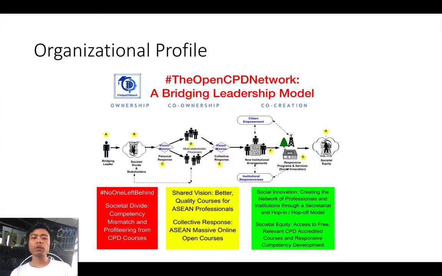leadership model. It was created as a response with regards to the societal divide, which comprises the competency mismatch and profiteering from CPD courses. So we are actually envisioning to have better quality courses for ASEAN professionals. And for us to do this, we'll put up a system that would collectively do massive open online courses and eventually create the network of professionals and institutions through a secretariat of a hop-on, hop-off